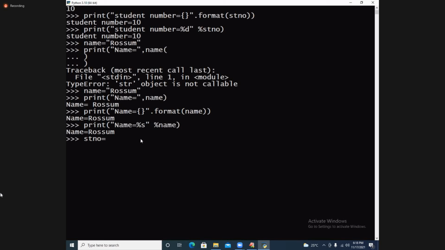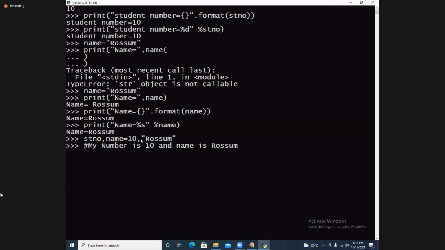Now I am writing all of you is equal to 10 comma Rosam. Now I am writing both of them. I want to print it. Multi-line assignment statement. Now I want to write it like this. I want to print, so I'm writing a comment: my number is 10 and name is Rosam.